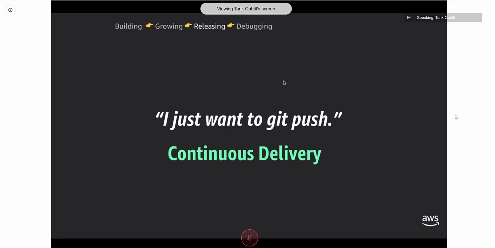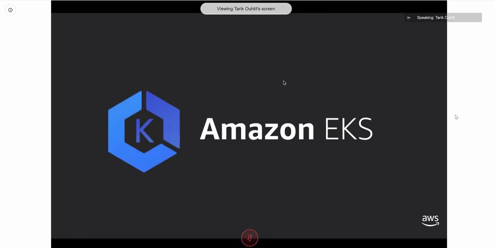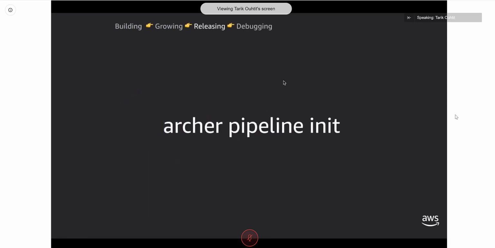Continuous delivery is kind of the term that this would come under. And again, it's just one command, pipeline init. And this will automatically create a full CI/CD system layout and code pipeline for all of your applications and your environments. So this really makes developing applications very, very easy with ECS. And as I mentioned, I think it's the easiest way to get started with containers on AWS today.